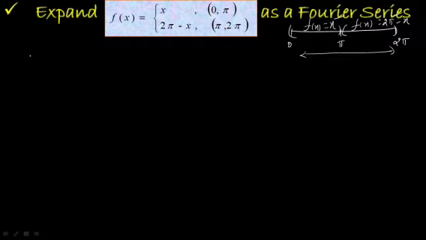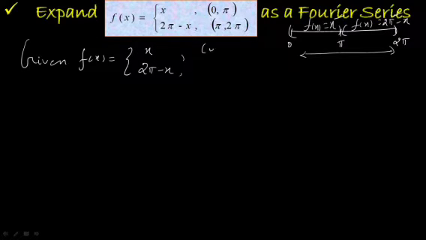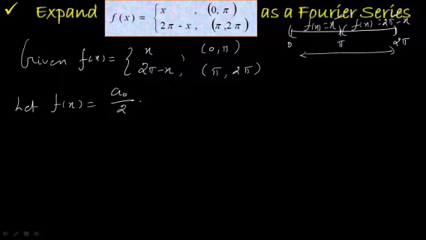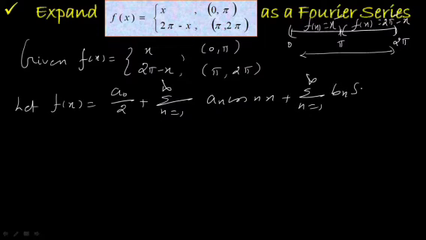Right, now let us first write down what is given. So the given function is f of x equal to x and 2 pi minus x. Here x is defined in the interval 0 to pi, and 2 pi minus x is in the interval pi to 2 pi. Now let me write the general form of the Fourier series. f of x is equal to a0 by 2 plus sigma n equal to 1 to infinity an cos nx plus sigma n equal to 1 to infinity bn sin nx. You take this as equation number 1,